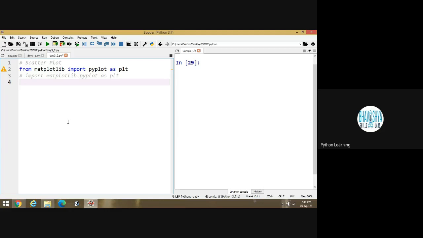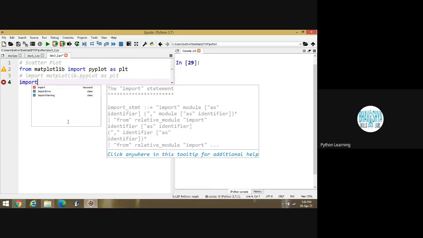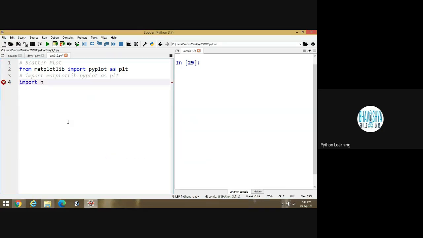In another line I am going to import numpy as np. This one is the second content, and the third one in this program, import math. These are the three contents I require in this program.